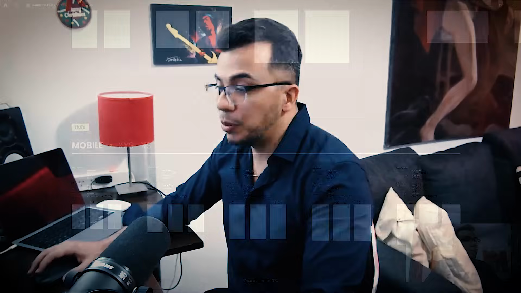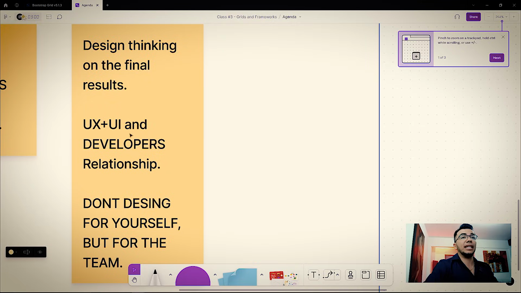Okay. We talked about the breaking point, we talked about the responsiveness, we talked about the amount of columns for each type of resolution. 12 columns mandatorily, I would say, on desktop, 6 on tablet, and 2 or 4 on mobile. The importance of why you have to use the grids, and the relationship between yourself and the development team and the person that is going to be working on the front end. And last but not least,